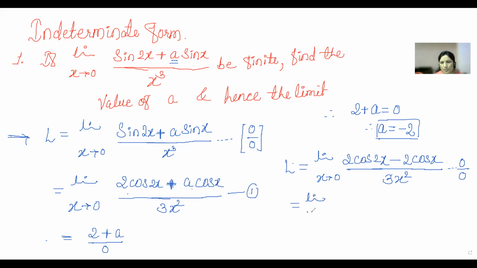Applying that, limit as x tends to 0, derivative of 2 cos 2x is minus 2 into 2 sin 2x, then plus 2 sin x, divided by 6x. By keeping x equal to 0,